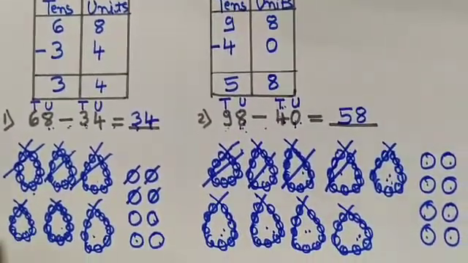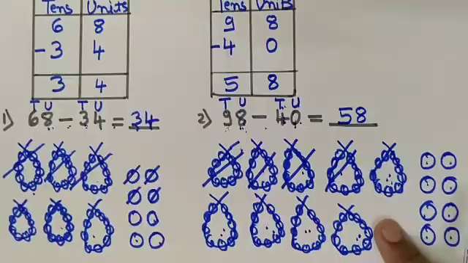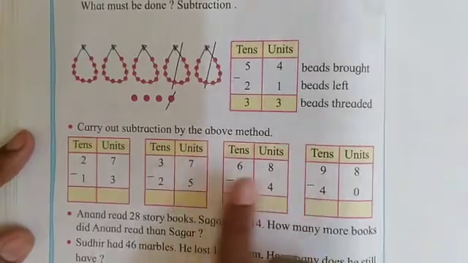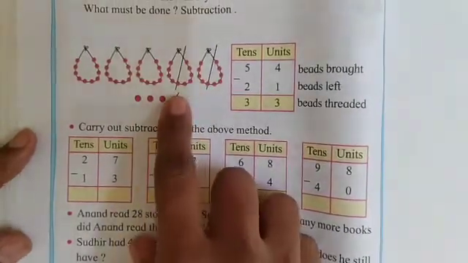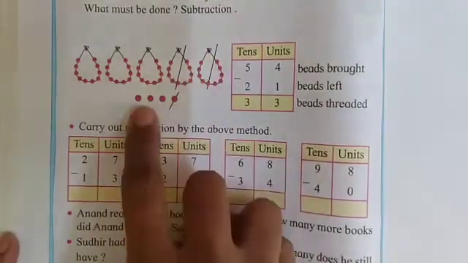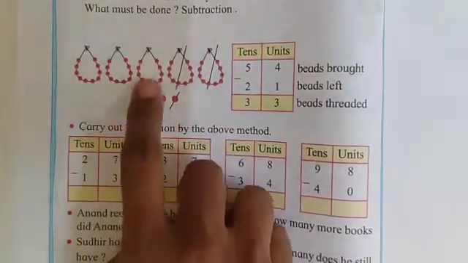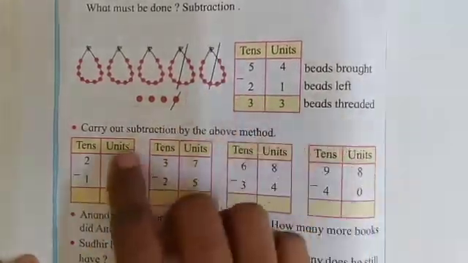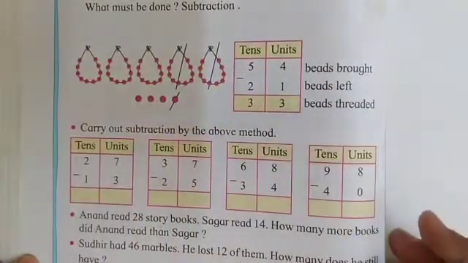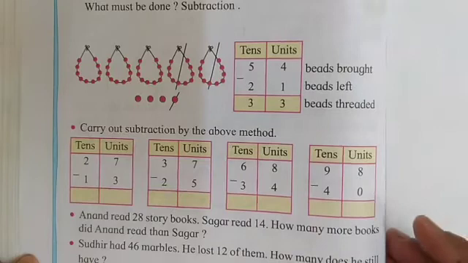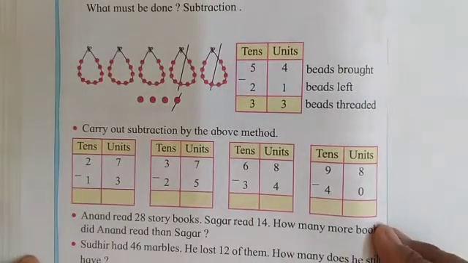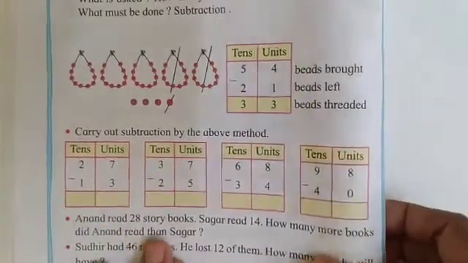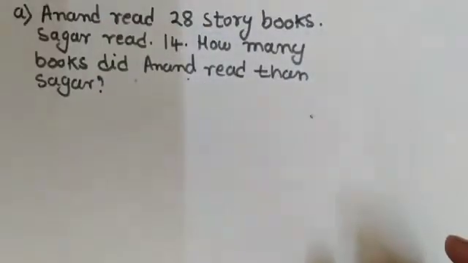Now children, I hope you understood this method of subtraction. Children, now we have learned the subtraction method by crossing the tens and units with the help of these beads, which can help you to subtract a greater number like 54, 37 like this. It is helpful to subtract a bigger number, children. Now we will take one word problem with the help of this method of subtraction.